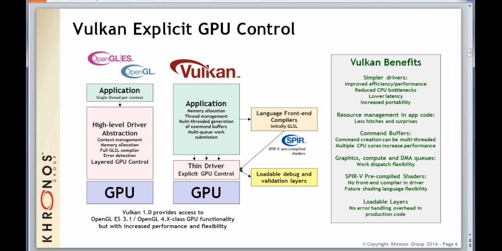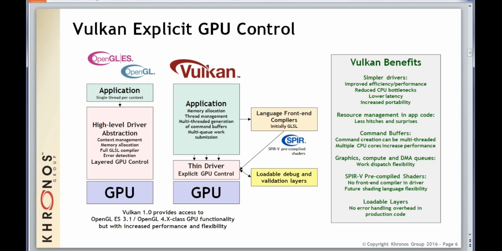But that can mean that there's a thick layer between the application and the GPU. And one of the fundamental design points of OpenGL is that it's really single-threaded per context. It's hard to write a multi-threaded OpenGL application and get application speed up. Now, both OpenGL and Vulkan, they're still aimed at the same GPU. Both APIs are designed to give access to all of the functionality of an OpenGL ES 3.1 or OpenGL 4.x GPU. But Vulkan is designed to give you access to that GPU with a lot more flexibility and a lot